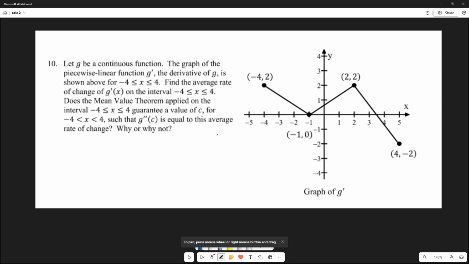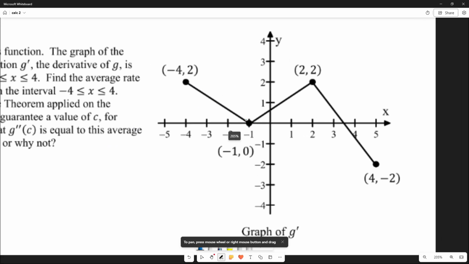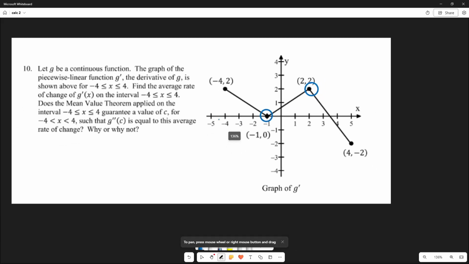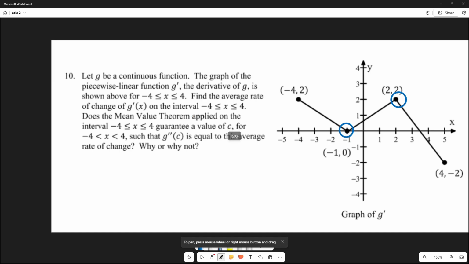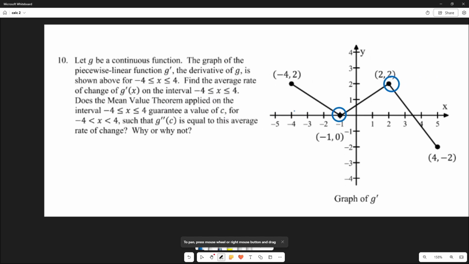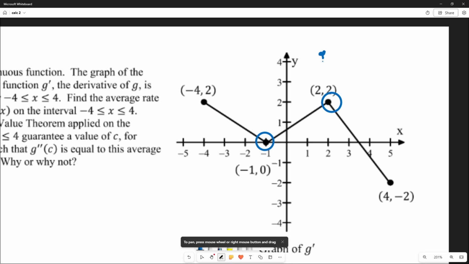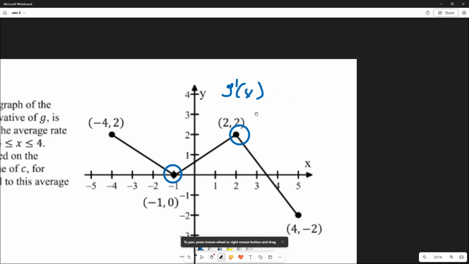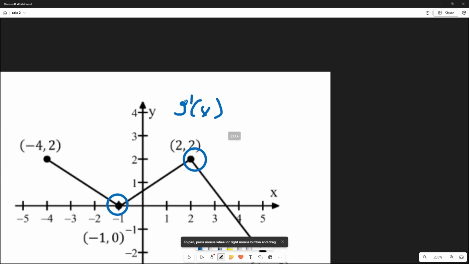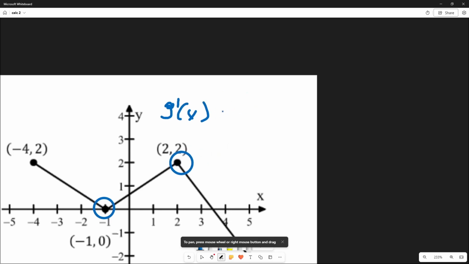So we have an issue here. When we look at this graph, I can see we have 1 and 2 corners. Okay, so this question is asking, can the average rate of change of this function equal the derivative of the other function? So this is simply just g prime of x. It's asking if the average rate of change of this function will equal the derivative